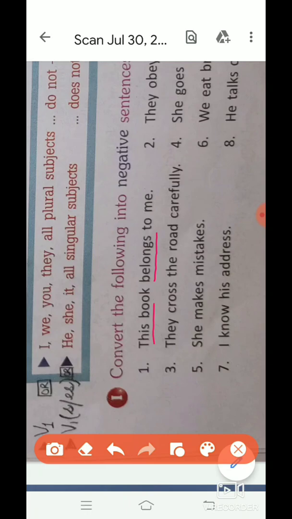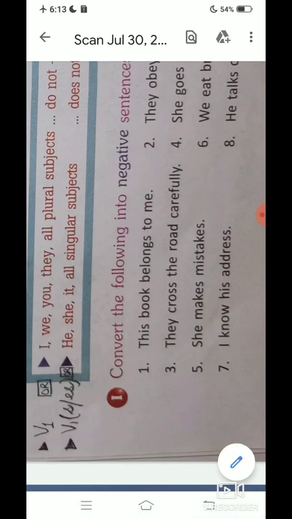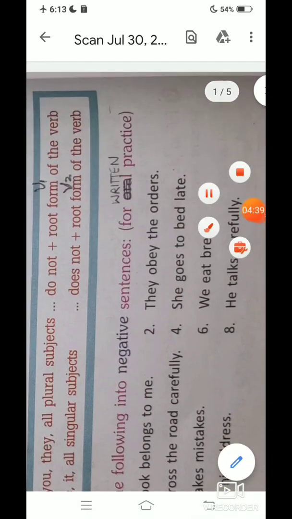Now based on this, the third rule says if your subject is singular, book is singular, children, so the negative will be framed using does not plus V1. And what is that V1? Does not plus belong. Next, we will take up